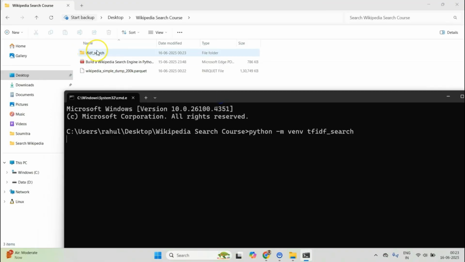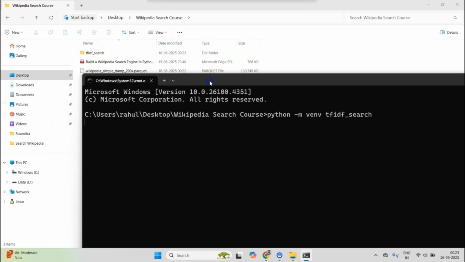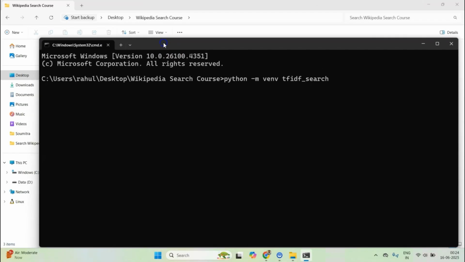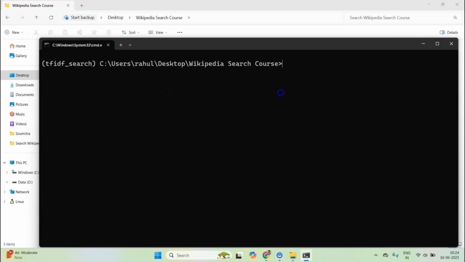Notice this has created an environment folder here. Once this is ready, we can activate the environment and we can get started with the coding process. So first of all, let me activate the environment. TF-IDF scripts activate.